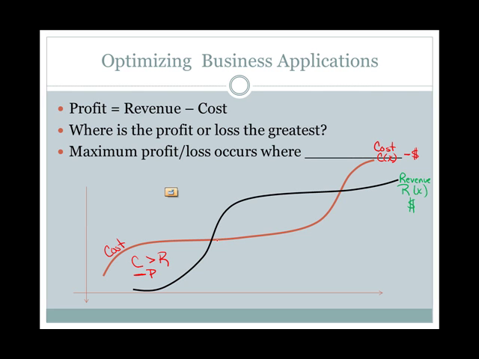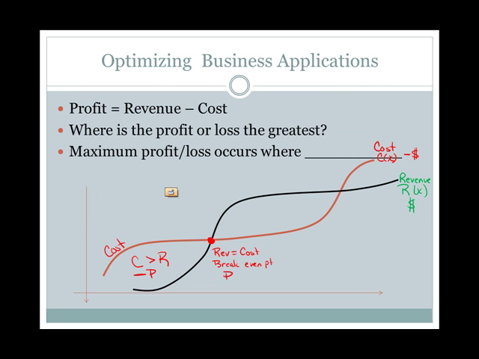If we go to this point right here where the two graphs meet, this is where our revenue equals our cost, and perhaps you know what that might be called. That is called our break-even point. That is when our profit equals 0. So the good news is we're not losing money. The bad news is we're not making any. But that might lead to a reverse in the graph, which puts our revenue